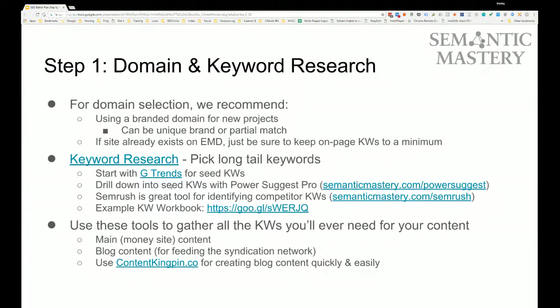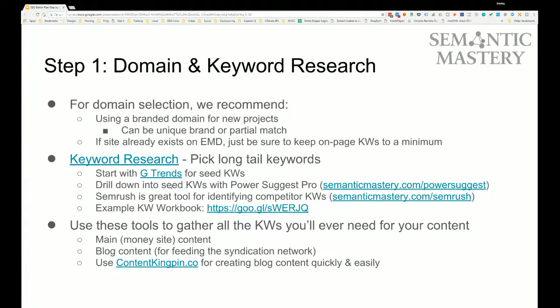So the best way to do it, guys, this is an efficient way to do keyword research that we all use, and it works really, really well. And that's to start with Google Trends. If you're not familiar with that, just go to Google and search for Google Trends. What's great about that is you can get keyword search query information and data based upon location, based upon time frame, and also based upon